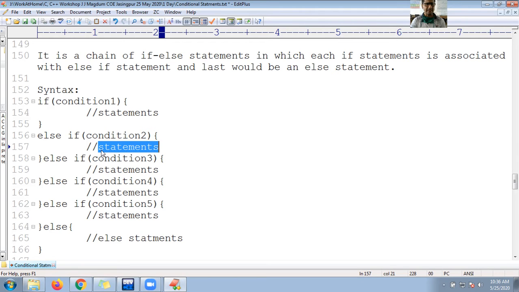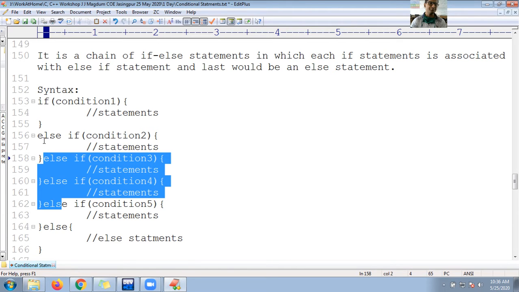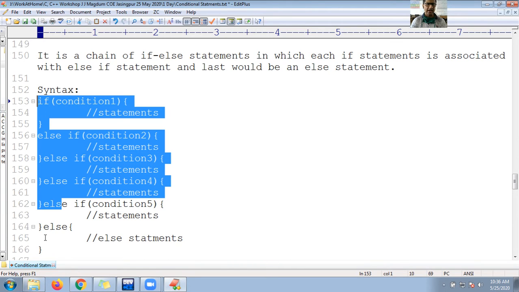What does it contain? The third condition. If this third condition becomes true, then these statements will execute. If the condition 3 is false, control will jump into else. Again condition 4 will execute if this is true. If not, then control will jump into the last else. If no one matches, at last the else block will execute, guys.